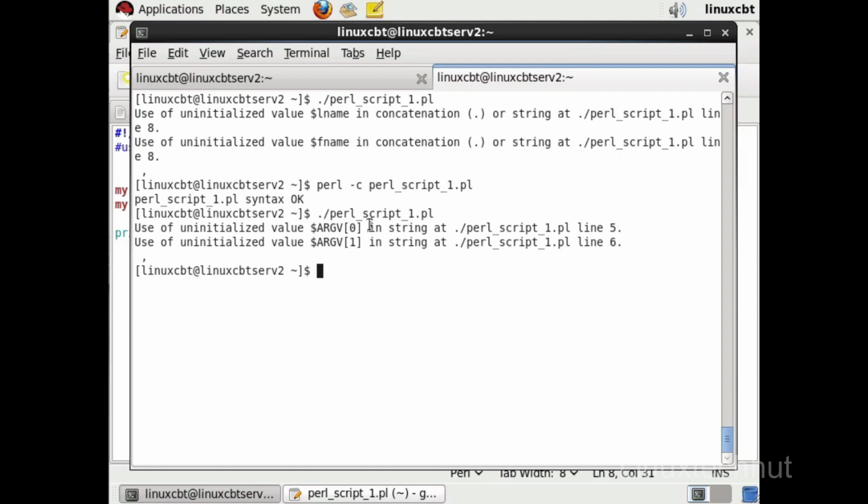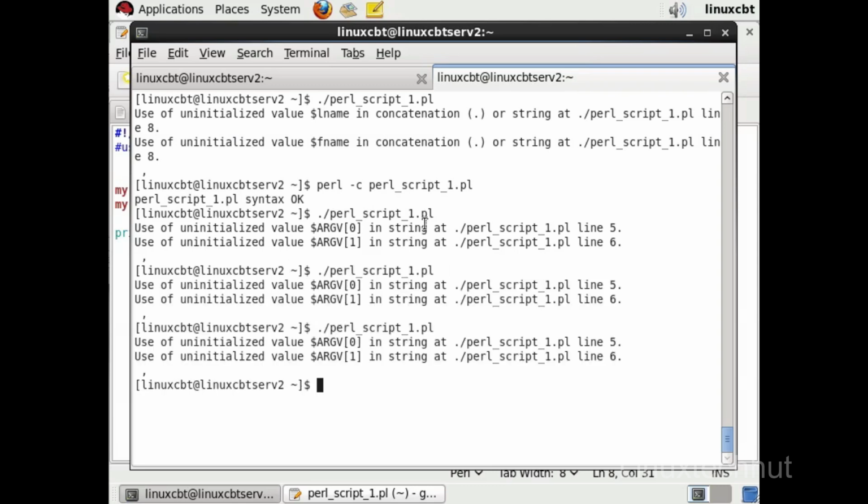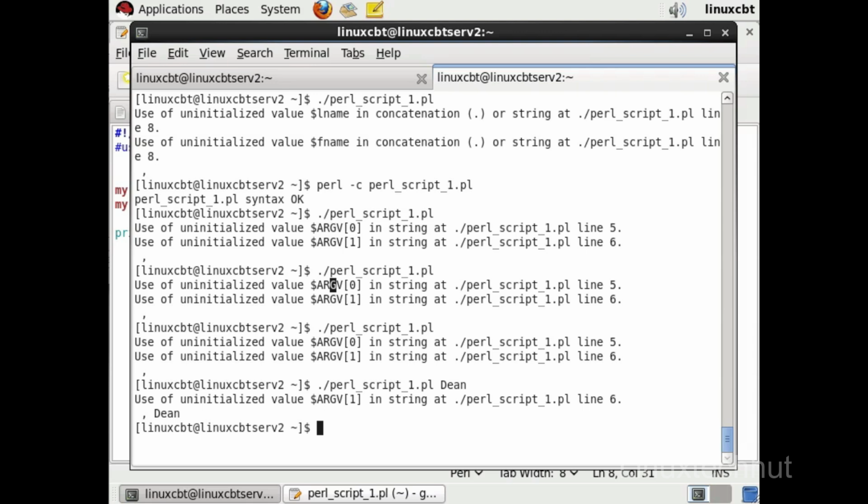Because look at the command line. We neglected to specify argv 0 and 1. So we could have gotten away with the recent invocation, but let's try it now. It's throwing an error. That's expected because there is no argv0. There is no argv1 because we didn't supply them. There's a space, but a space doesn't constitute a variable. So let's specify the first name. So it's gotten the first name, and it doesn't have argv1, so let's specify the second value. Now 0 and 1